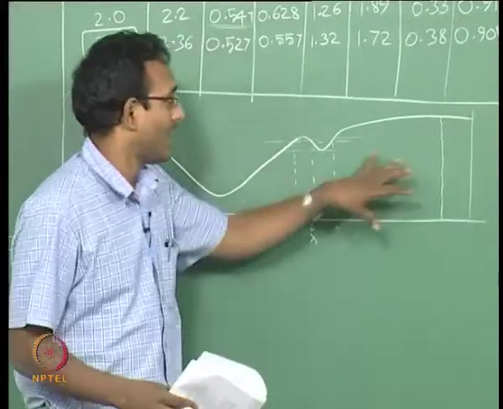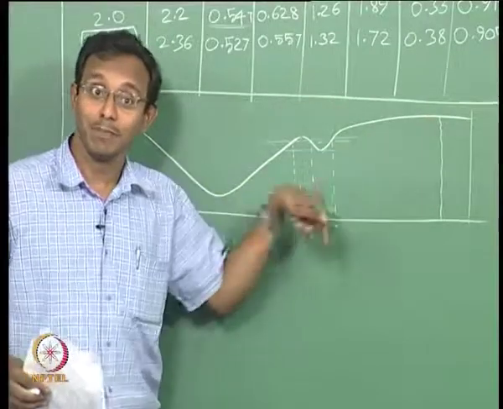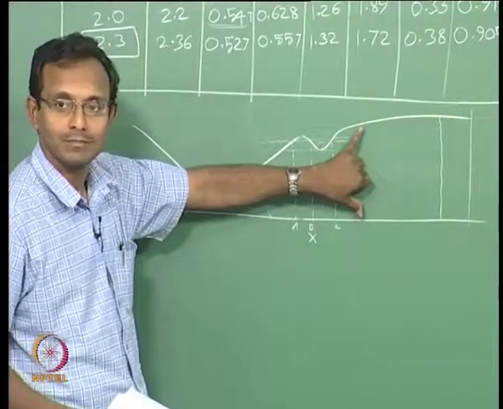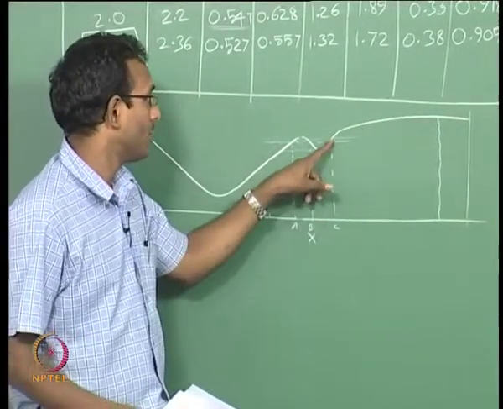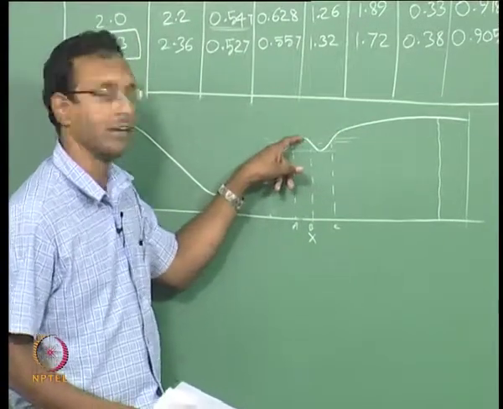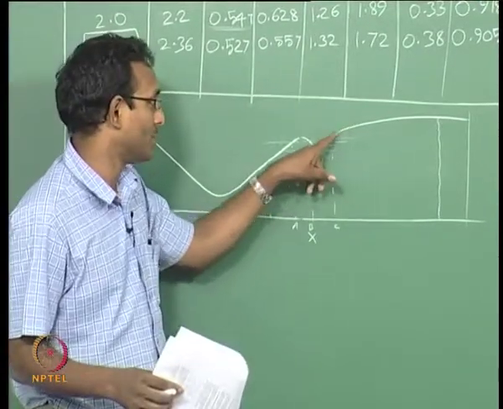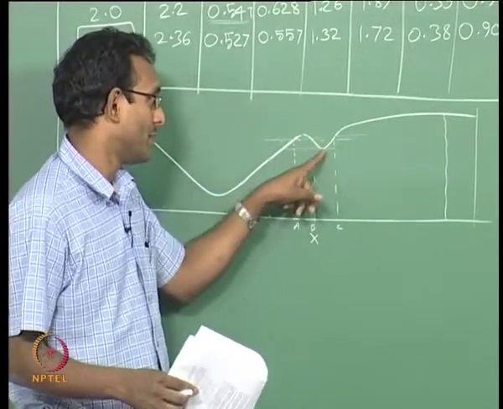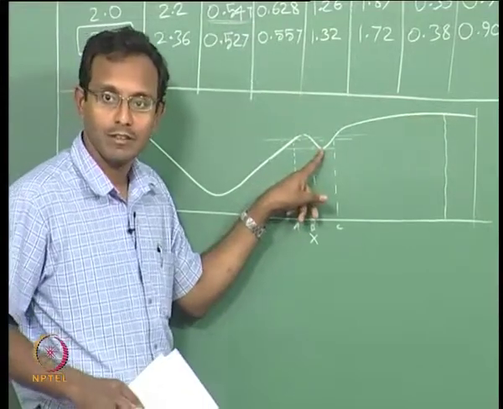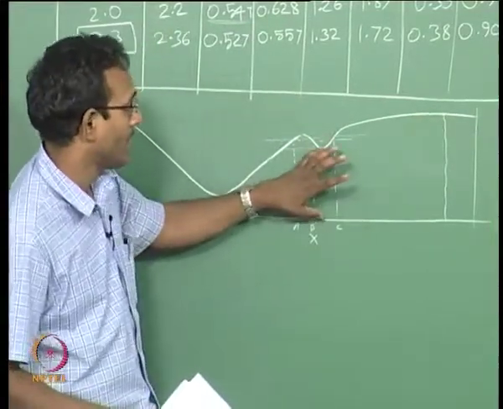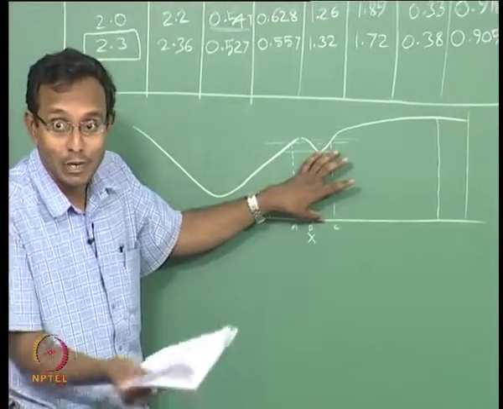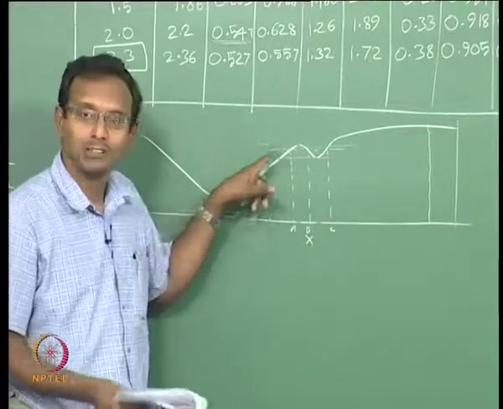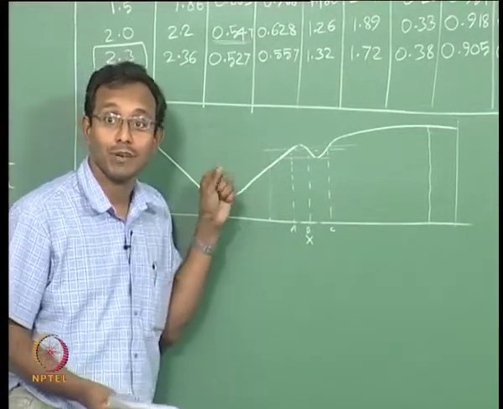In case I have pushed my shock here and I am decreasing my P naught or increasing my back pressure, whichever, then my shock will start coming back. When it comes back now, it will not jump from that location directly to this peak. It will just keep on going on the divergent portion back this way till the shock goes to this point, and then if I decrease P naught a little bit more, it will jump to a lower area, which is only possible in this section, so it will jump to this point. That is what really happens there.